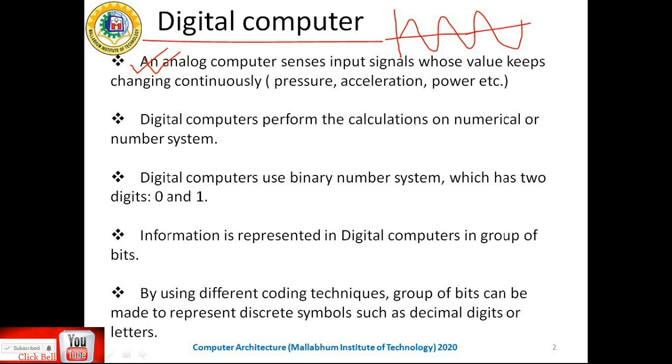But nowadays the digital computer has come into the picture, and this digital computer cannot understand the analog signal. We have to perform different kinds of operations on this analog signal to make it digital. This is your analog signal, and whatever signal we get can be your digital signal like this. So this is your digital signal.